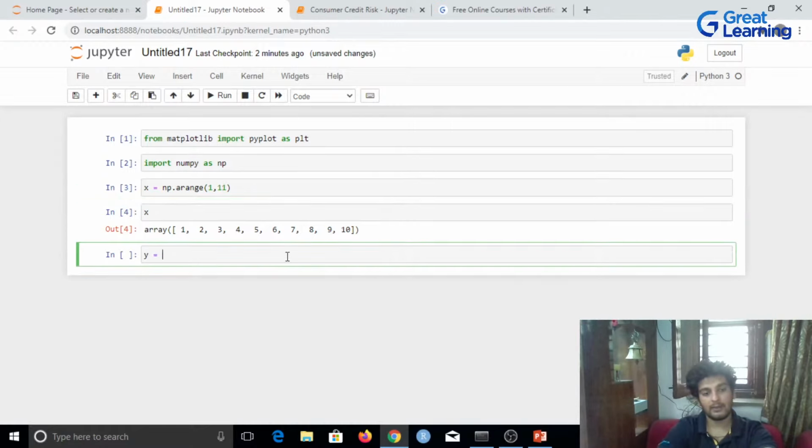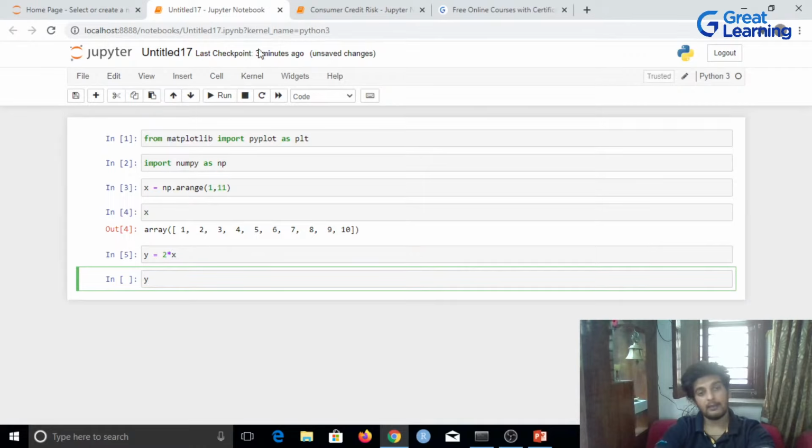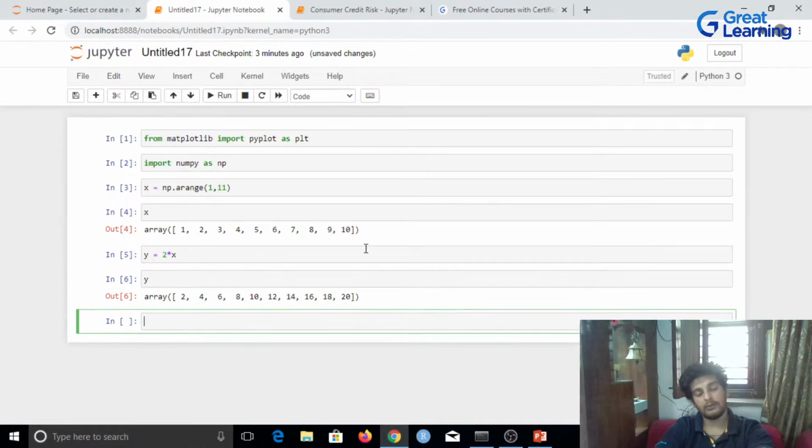Then let me go ahead and create another array. So this will be y is equal to 2 times x. I'll hit run, and let me run y over here. As you see, we've got all of these values, which is basically 2 times your original array. Let me go ahead and create the plot.